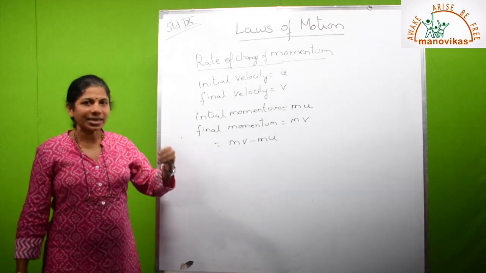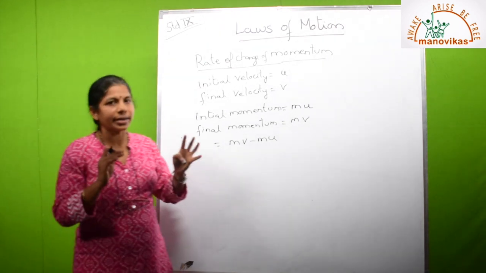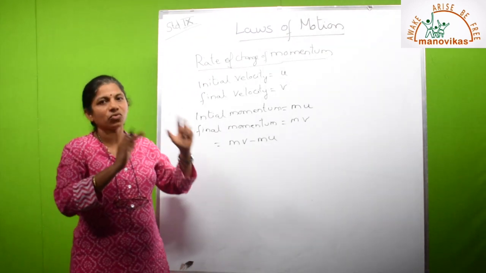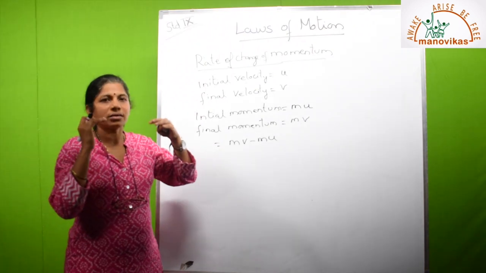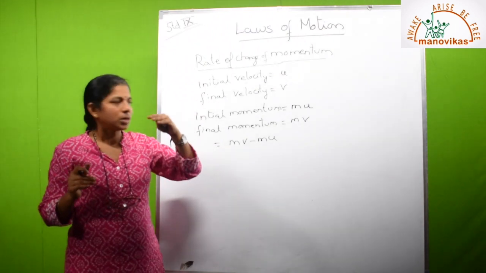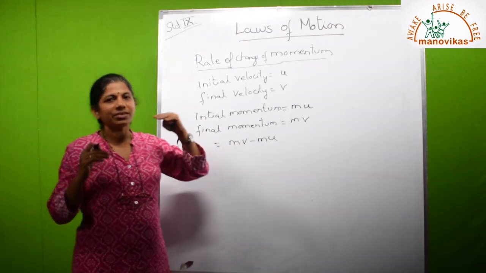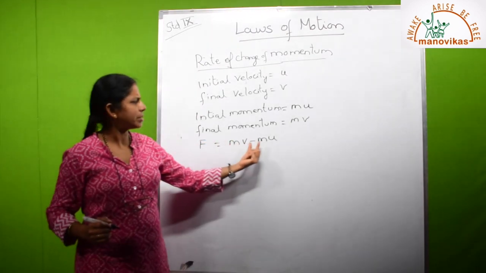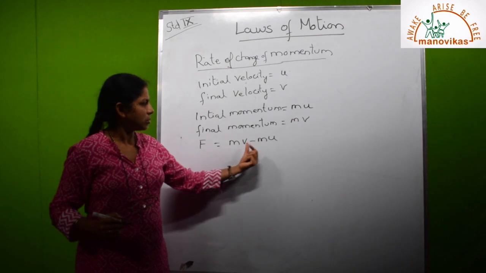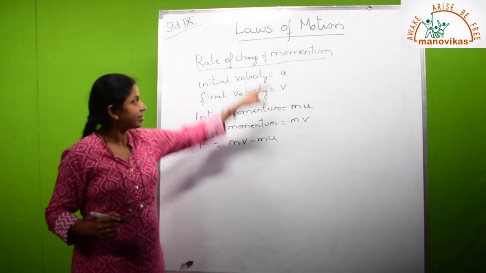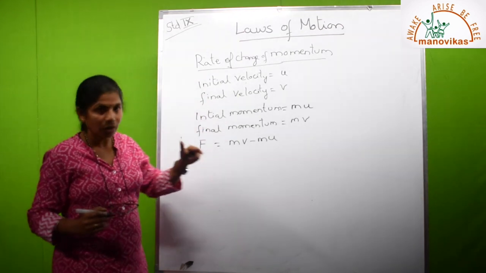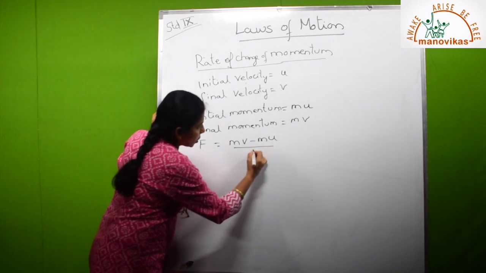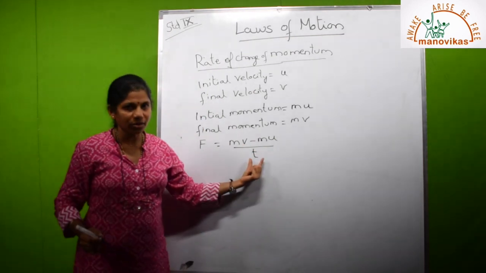If you want to know the rate of change of momentum, now whenever you are applying a force, that force will in fact change the momentum. So whenever there is force being applied, for smaller objects you find velocity will not remain the same, instead velocity will change. So force is equal to m times v minus m times u, and since it is the rate of change of momentum, this change will take place in a certain time. So that time is written here.